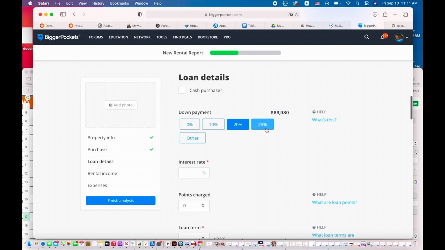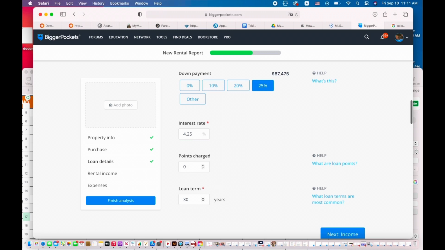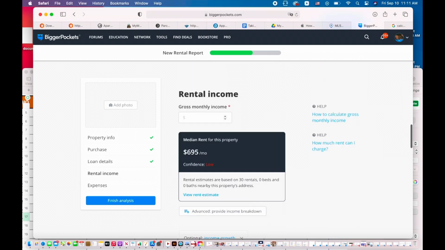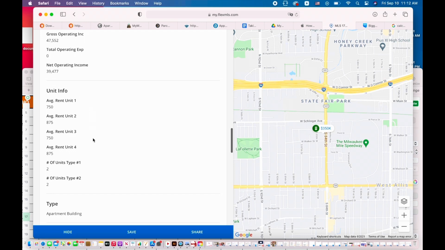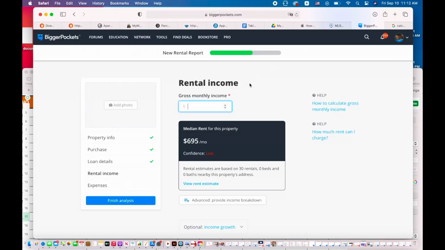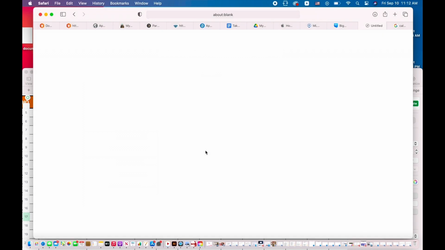Now for loan details, it really depends. I analyzed this deal as if I was doing a traditional banking loan. So I did 4.25% interest over 30 years. Now, if I were to go to the bank, most likely those are the terms I'm going to get. All right, so basically moving on to rent, I just took the rents on the MLS because most likely that's what's on the current leases with the tenants, and it all added up to